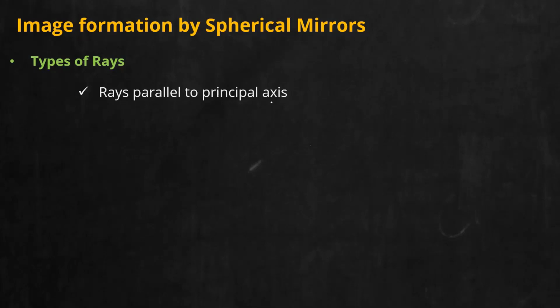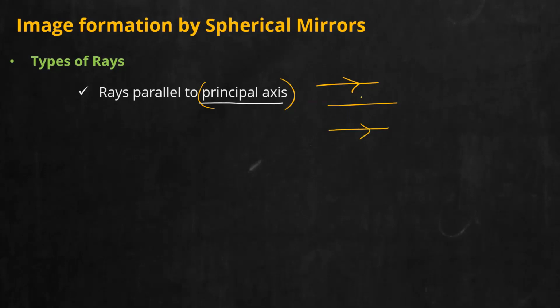That means particularly we'll focus on ray diagrams. To draw any type of ray diagram, there are different types of rays. So let us understand what are the different types of rays. Now first one is rays which are parallel to principal axis. Anvesha, tell me what you mean by principal axis. The line passing through the pole and the center of curvature of a spherical mirror. It is a straight line passing through center of curvature and pole of a spherical mirror. Now rays parallel to principal axis means it can be on the top or bottom anywhere. So these are the first type of rays that we'll focus on.